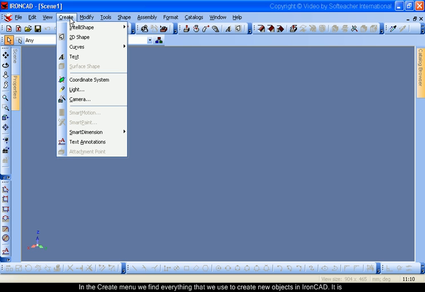In the Create menu, we find everything that we use to create new objects in IronCAD. It is mainly 3D geometry, but it may as